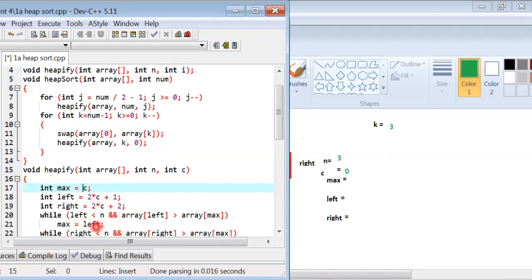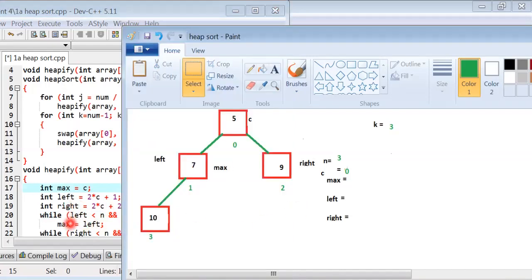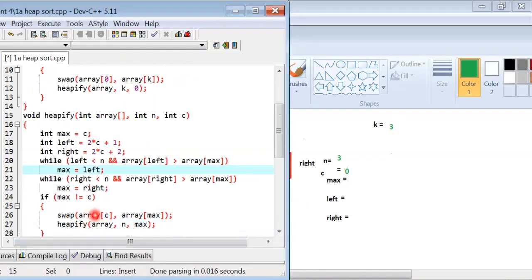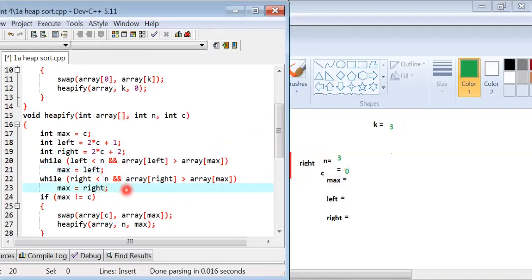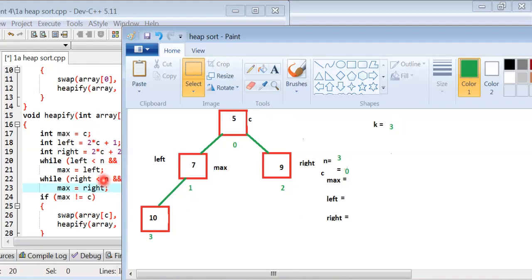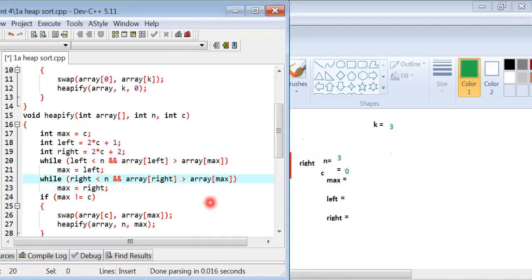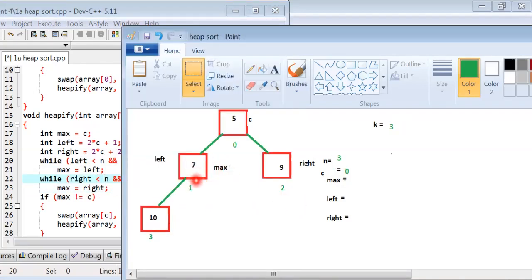and after, right less than n. The right value is 2, n value is 3. Condition is true. Right, array max: right greater than array max. Array max is 7. Right is 9. Condition is true. Then max points to